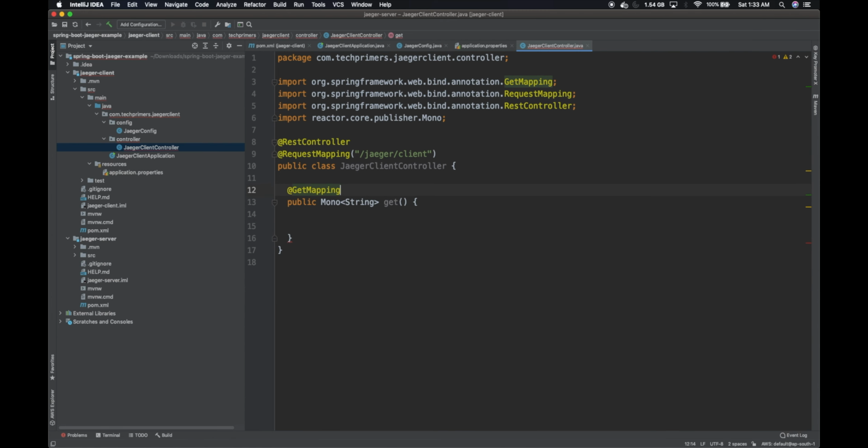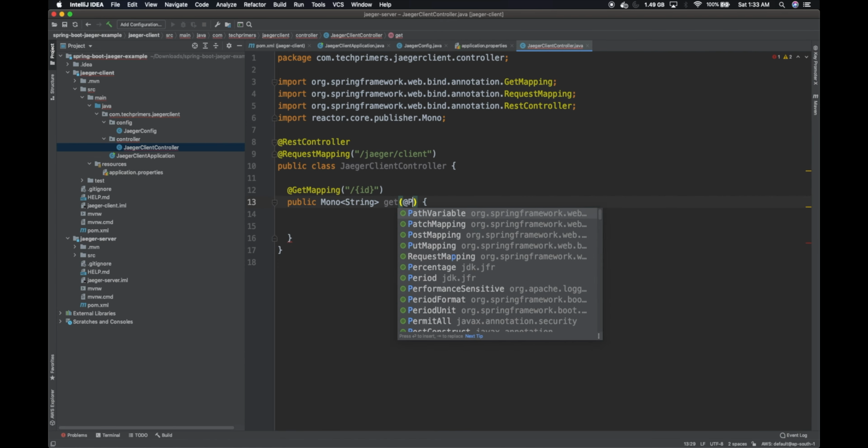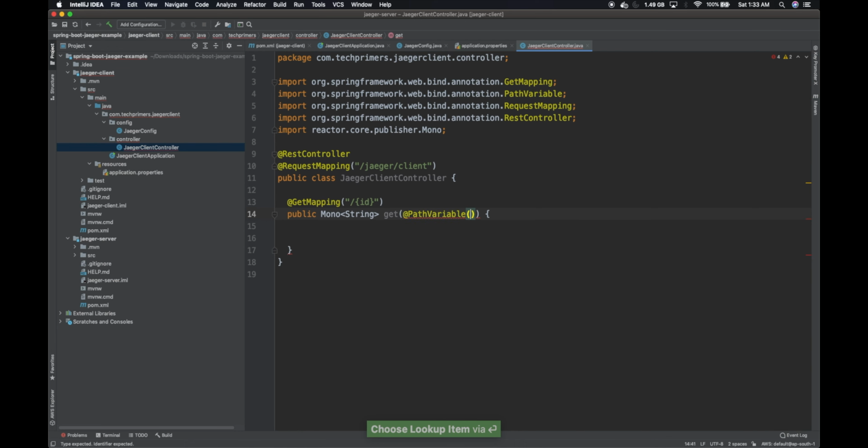If you provide a number, it's going to return some facts. In order to get the fact specific to a number, I'm going to provide the number here. So I'll add a path variable here. I'll just add the variable as ID, and here I will say path variable as ID. So we got the ID. Whatever number you pass, we are going to pass that to the Jaeger server, and the Jaeger server is going to call something called a numbers API, which we are going to use. For now, I'm just going to consume the number, and I'm going to call the Jaeger server.